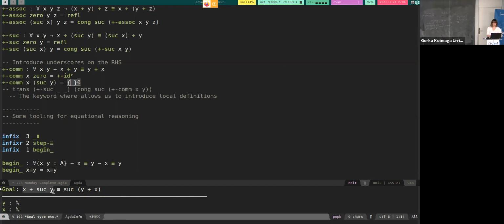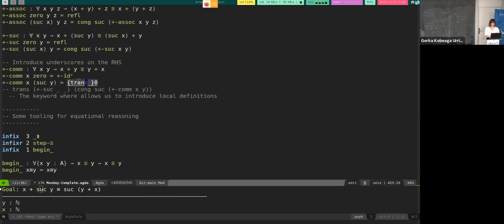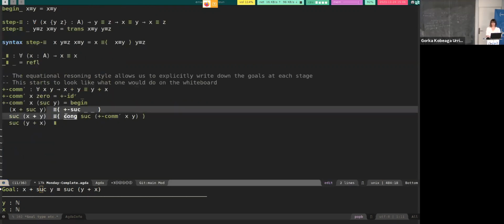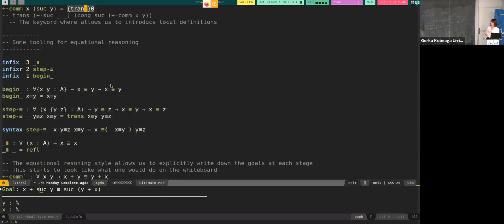So we need to move the successor out of the successor of y, move it to the left side of the plus. And once we do that, we can use transitivity here, in the proof below we use the equation of Eisenstein, and here we can use transitivity to do this proof in 2 stages. The first stage is going to go from this guy here to this guy here. So the successor is going to be moved to the left. And once we have that, we have successor of x plus y, and we need to go to successor of y plus x. But because of how addition is defined, successor of something plus something normalizes to successor of x plus y, and the same goes here. So once we get the successors out, we can just call the induction hypothesis on these 2, and then prepend successor. So yeah, we need to go in these 2 stages